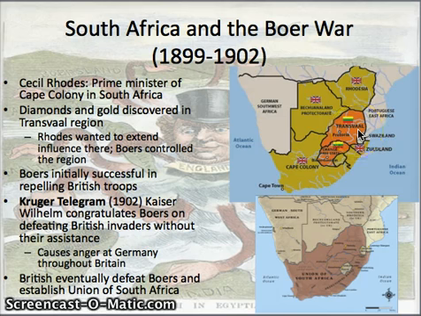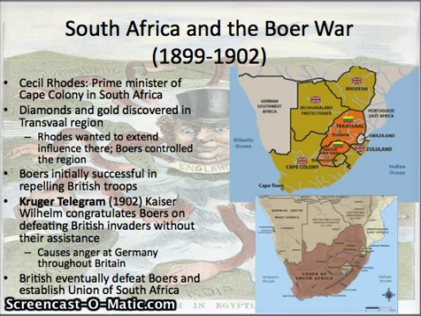Now, here's the problem for England. The Transvaal region at this point was controlled by the Boers. The Boers were descendants of Dutch settlers. Remember that it was the Dutch that controlled Cape Town for a long period, during the Age of Exploration and so on. So basically, England has to figure out a way to get rid of the Boers in order to occupy the Transvaal region and have access to this gold and silver there. So, and diamonds, that is. I said silver, I meant to say diamonds.